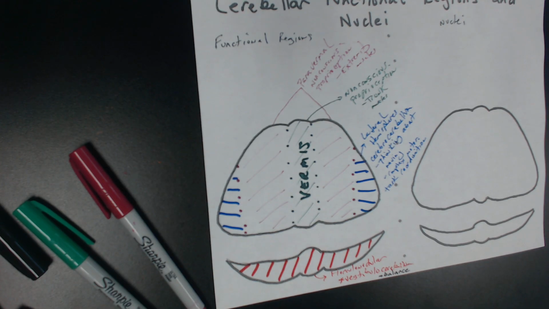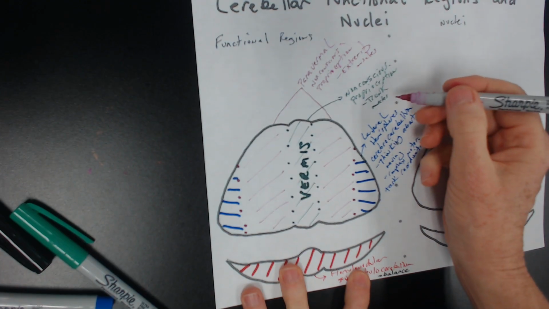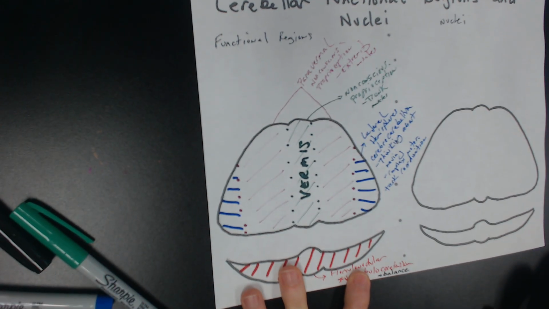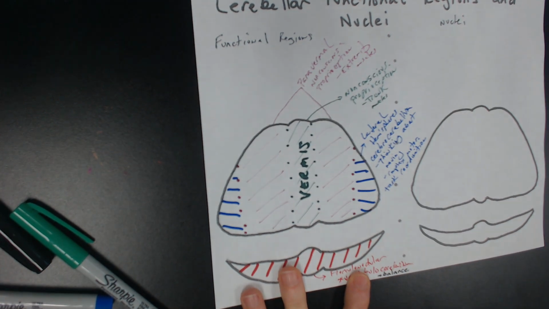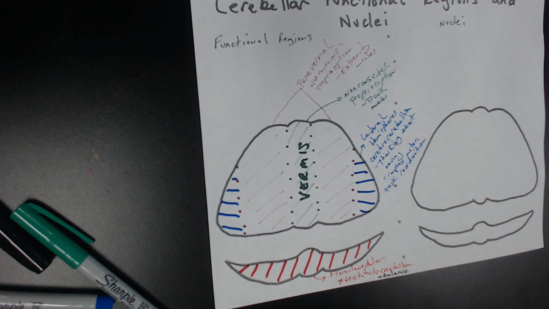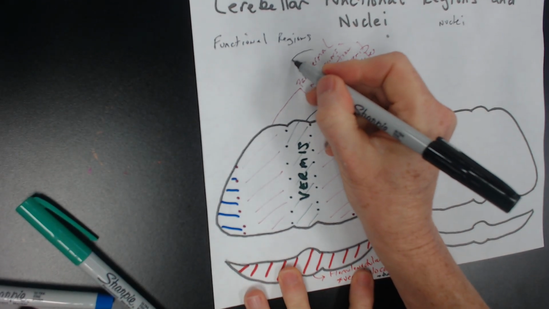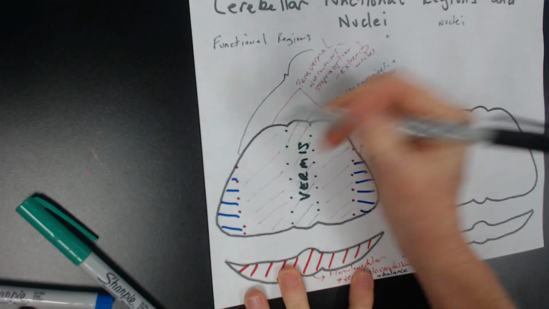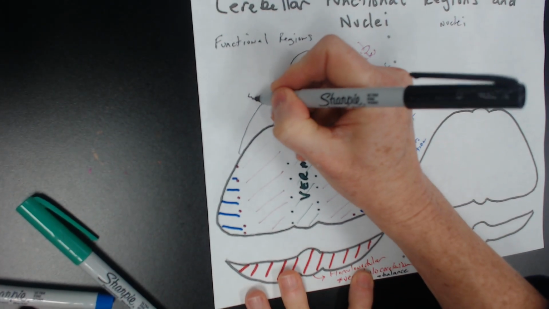So when we talked about all those tracks in the spinal cord, if you remember the dorsal and ventral spinocerebellar tracts, they're receiving information about non-conscious proprioception from extremities and trunk musculature. So this region, the paravermis and the vermis combined, make up one big region of the cerebellum, and I'm encompassing all the vermis and the paravermal area. This is known as your